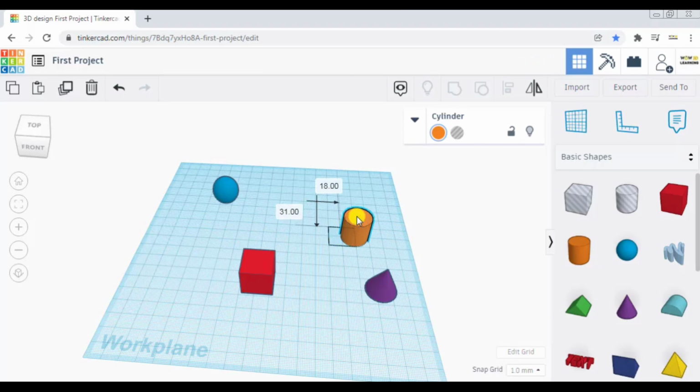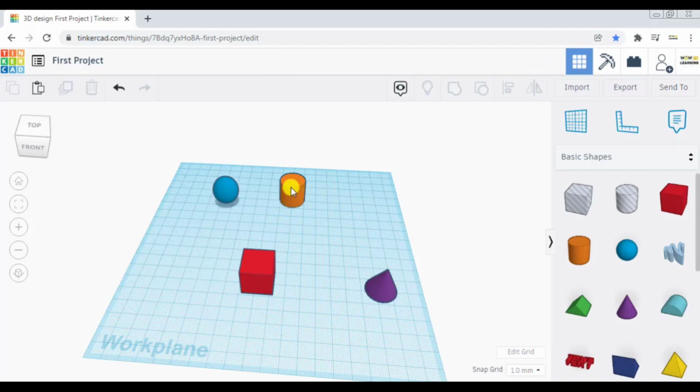So you see these two arrows, the intersecting point is a relative origin. Whenever you move the cylinder, it is showing these two dimensions, which is a relative distance from the origin, which is at the intersection of these two arrows. Here the origin is there and this shows the respective distance, x coordinate and y coordinate.